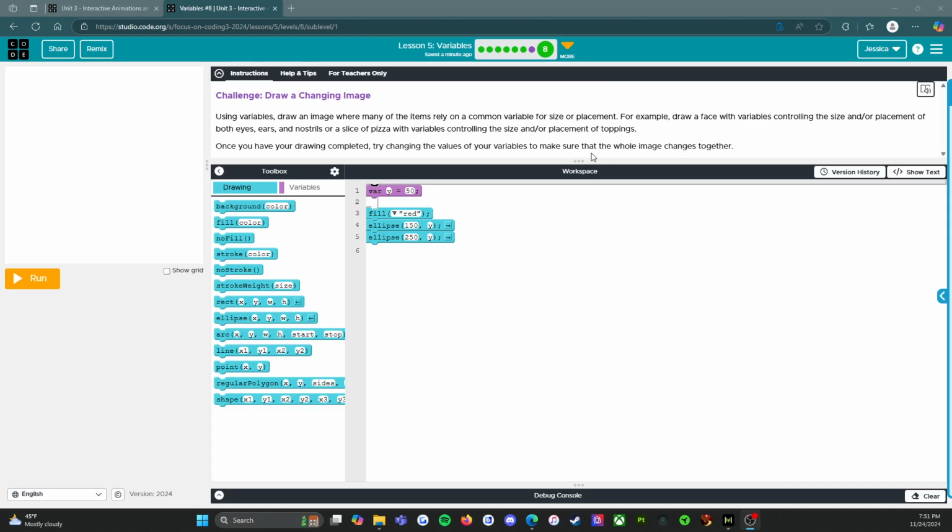It says challenge. Draw a changing image. I was trying to say challenging and changing at the same time. So challenge: draw a changing image. Using variables, draw an image where many of the items rely on a common variable for size or placement. For example, draw a face with variables controlling the size and or placement of both eyes, ears, and nostrils, or a slice of pizza with variables controlling the size and or placement of the toppings. Once you have your drawing completed, try changing the values of your variables to make sure that the whole image